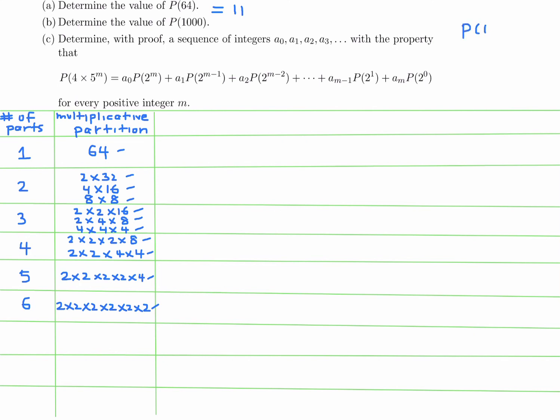P to the 1000, right? Well, 1000 is what? If you break it up into its prime factors, it's 2 to the power of 3 times 5 to the power of 3. So it essentially is of the form p to the power of 3 times q to the power of 3. So what I had said before, what I mean is the fact that it's 2 and 5 is not important. This is important. The structure of its prime factorization. What p is irrelevant, what q is irrelevant. But the fact that it's of the form p to the power of 3, q to the power of 3,